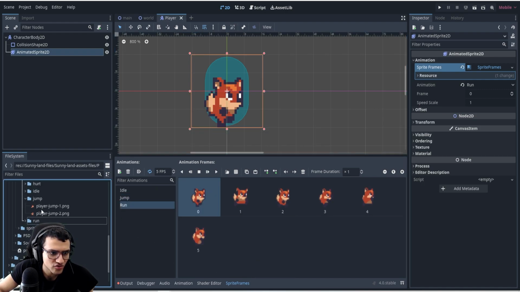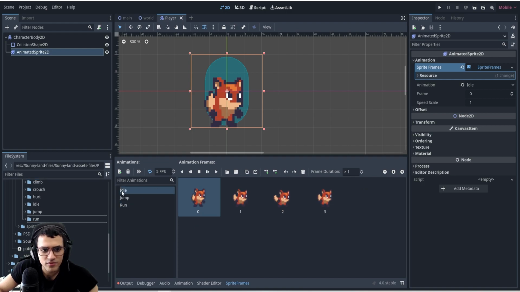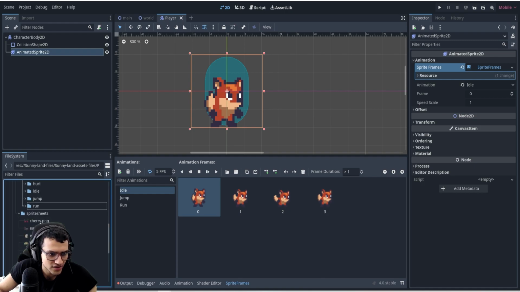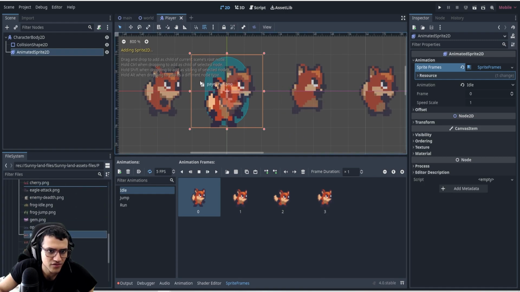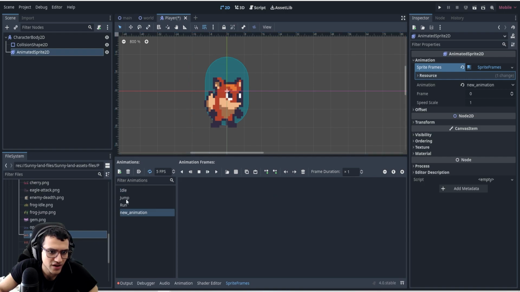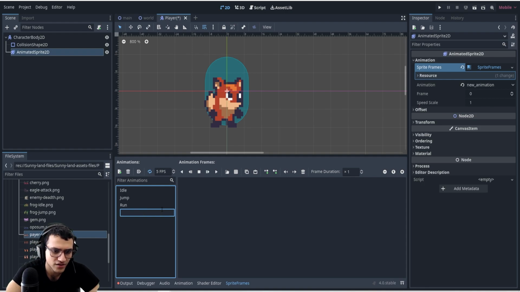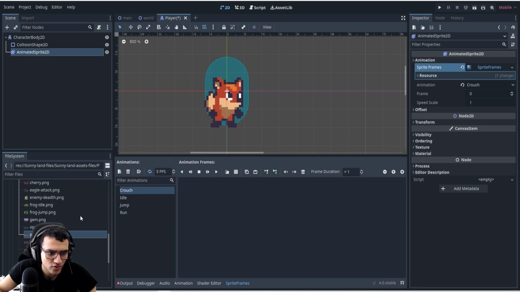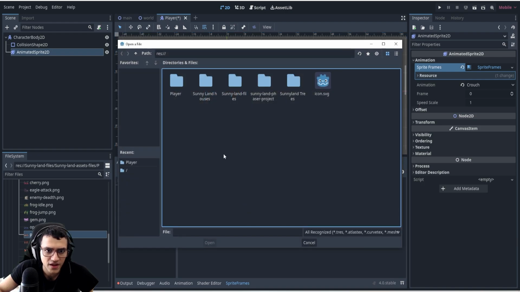The next thing we want to make sure that we're looking at, or one tip real quick, is if your sprites are a sprite sheet like this, we have sprite run. Let's make a new animation, we'll do crouch. So let's say this is crouch. If you have a sprite sheet instead of separate files, you can go over here to this add frame from sprite sheet, select it, and find the file that we're looking for. So double click PNG,